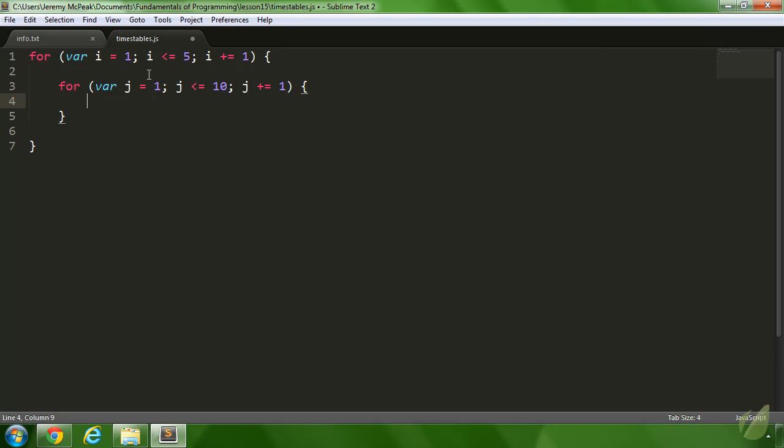Okay, so before we do anything, let's go over what happens here. We start with this outer loop. I is equal to 1, and this loop is going to iterate. Well, for each iteration, it's going to execute another for loop. So when I is 1, j is going to be 1, and then this inner for loop is going to